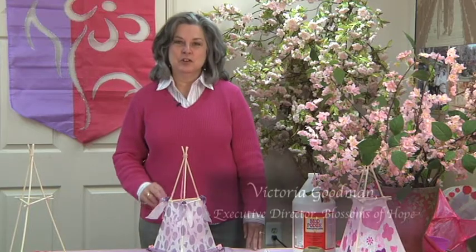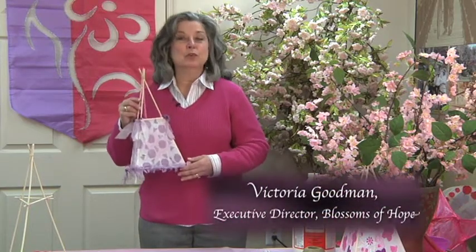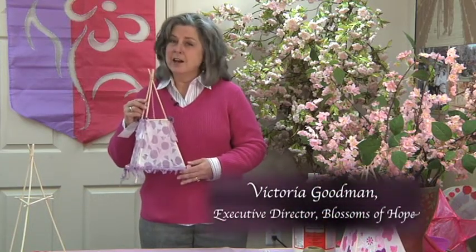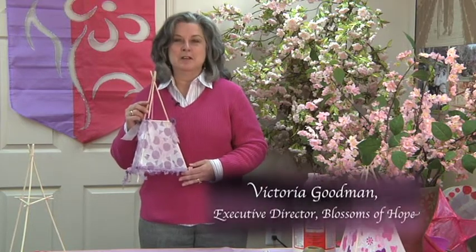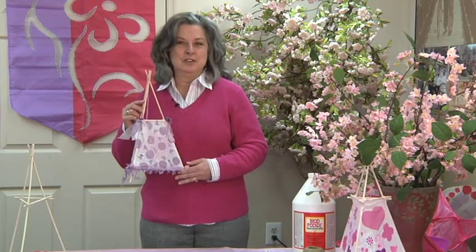Hi, I'm here to show you how to make one of these simple luminaries so you can take part in our upcoming Lanterns of Hope parade that's held each spring to celebrate the blossoming of 1,500 cherry trees here in Howard County. The simple teepee style lantern that we're going to be building today is very easy and is really